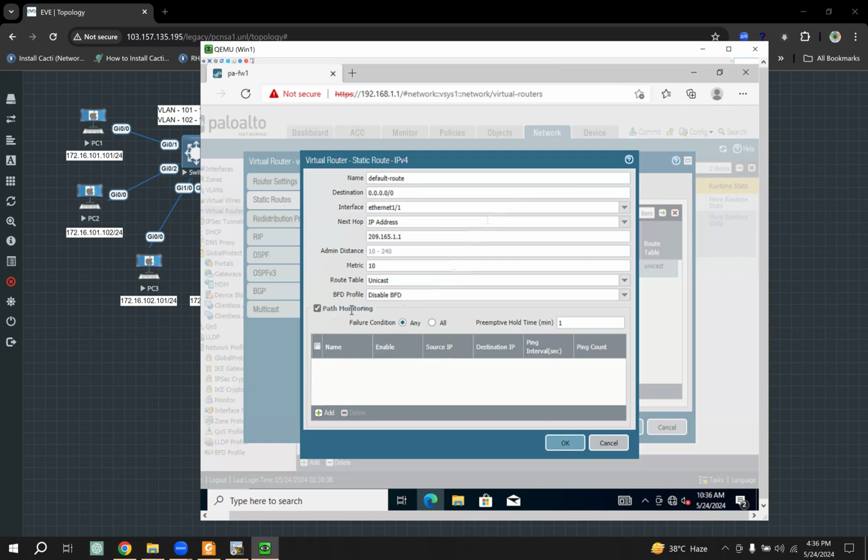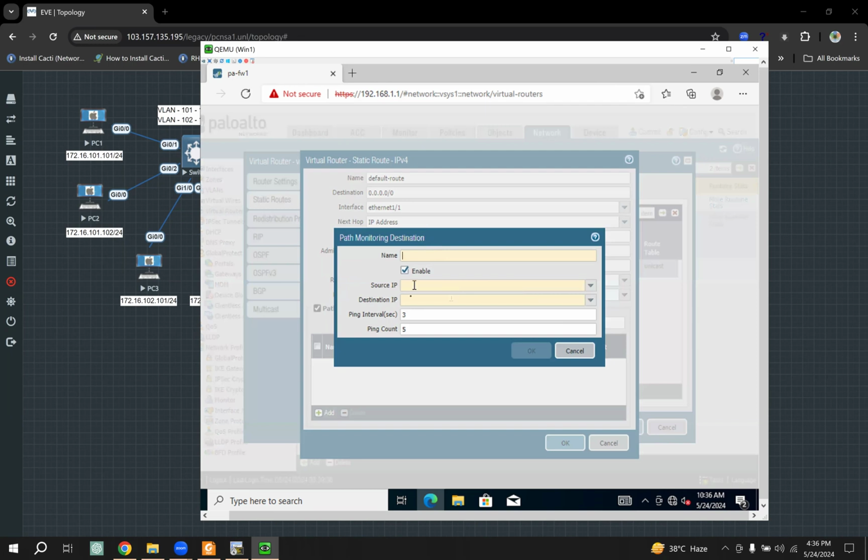If you are monitoring a static route, you have to enable the path monitoring, and after selecting the path monitoring, you have to add the destination IP. You can set here ISP1 as the source IP and the destination IP. You have to write here 209, or you can set here 1.1.1.1. This is the destination IP. If this destination IP becomes unreachable from this source IP,